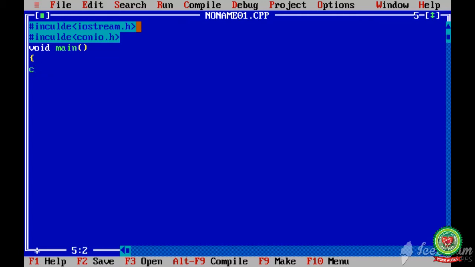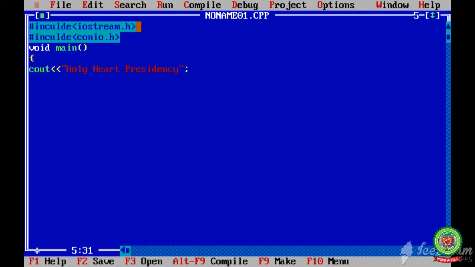And I will write cout, angular brackets like this. In the double quotes, whatever message we write will come on my computer screen.